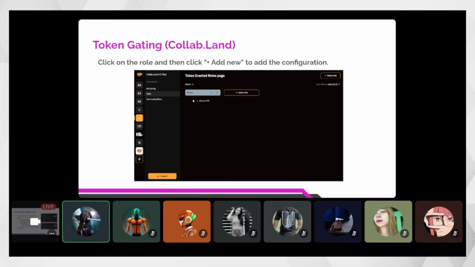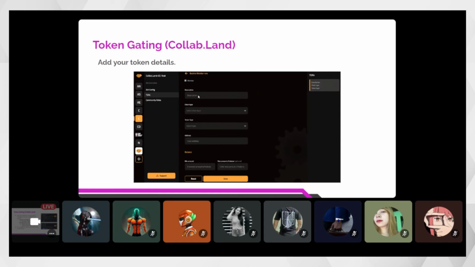Okay. So this will appear like this. And then click on add new TGR to add the configuration. So here in the add new TGR, this is the information that the bot will check with regards to the token gating details.